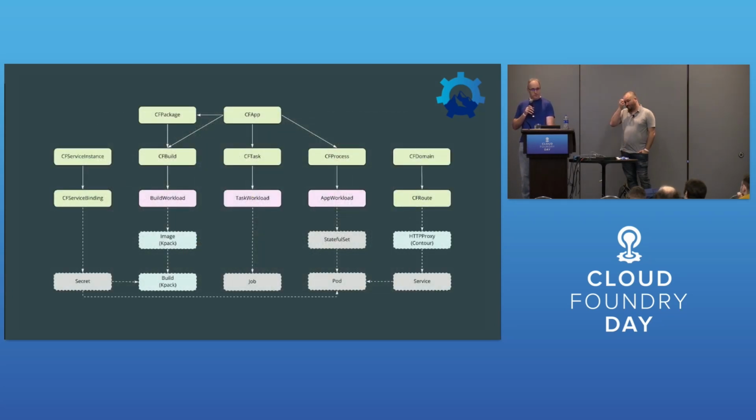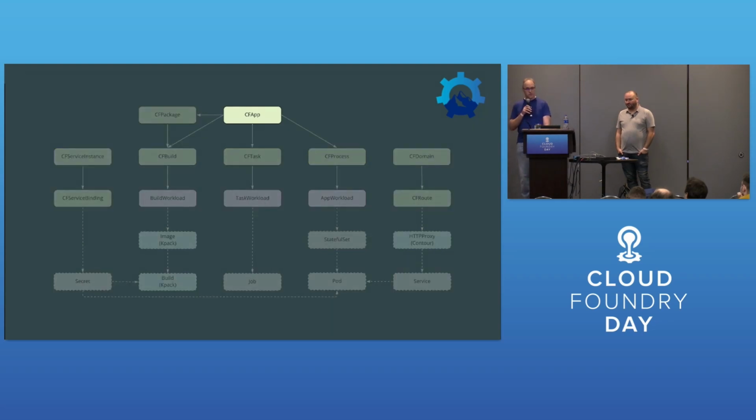The last and possibly most important items to cover here are the CRDs themselves. The first one is the CFApp that gets created as part of the cf push workflow. This is used to store information such as the application's name and desired state. It also drives the creation of a secret to store user-provided environment variables. The status of the resource surfaces information about the state of the application, such as whether it's finished staging.